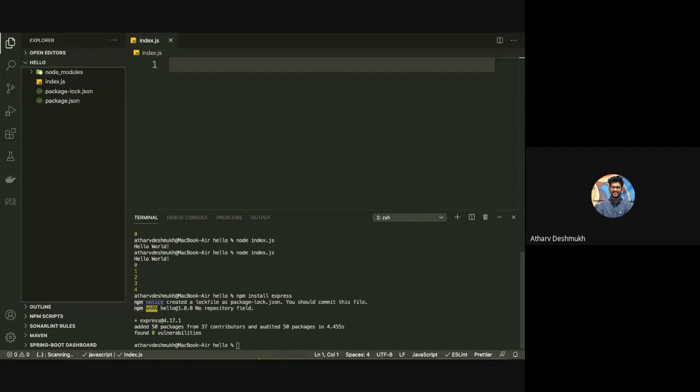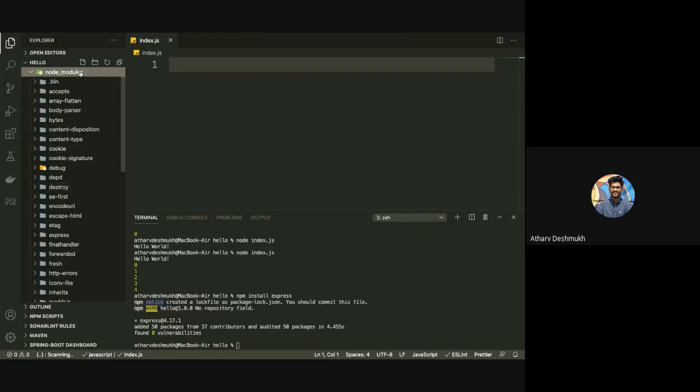So now, as I have installed external node modules, here I can see that my node modules have been installed. Whatever module we are using, for Express, that will be installed here.